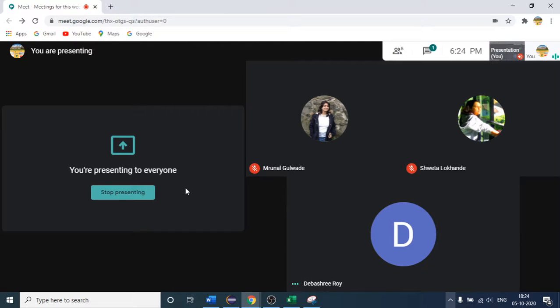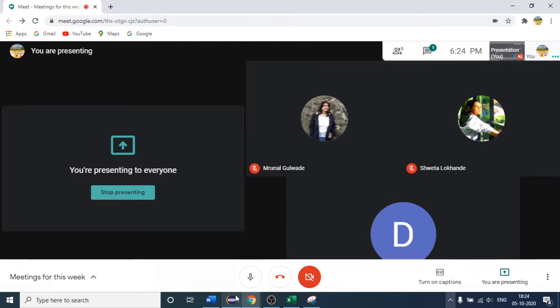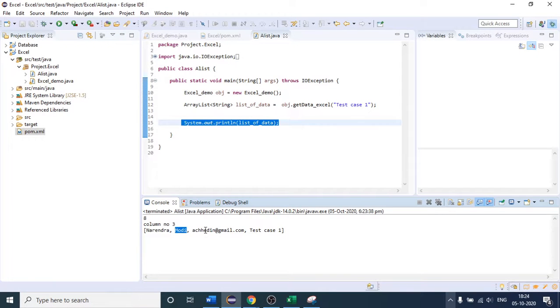I think the for each loop will be best, because if you want to get only this data, then the for each loop will help you to get that. But here you can see that you are getting the whole one. Suppose you are interested only in the email, then you can use the for each loop, and with the help of that, you can get this. It will be better with the for each loop, I think.